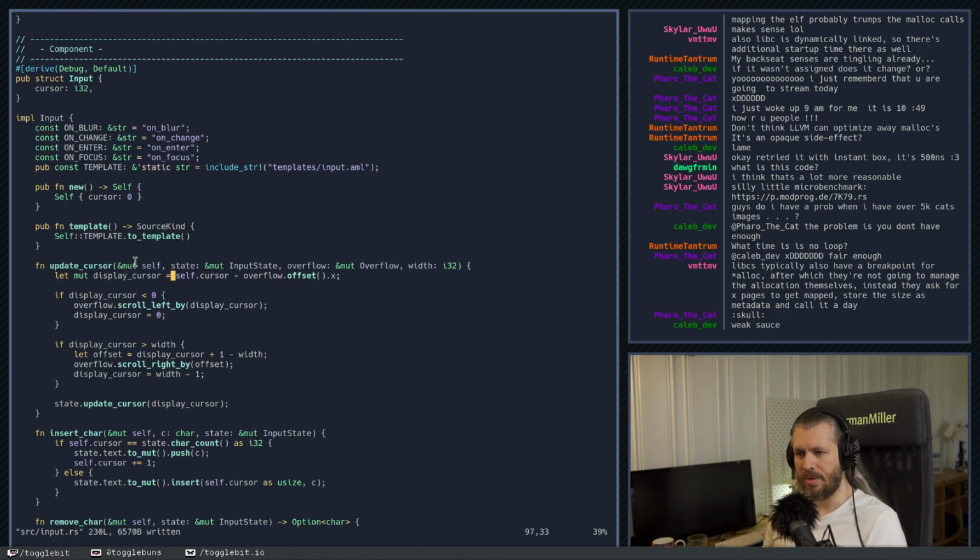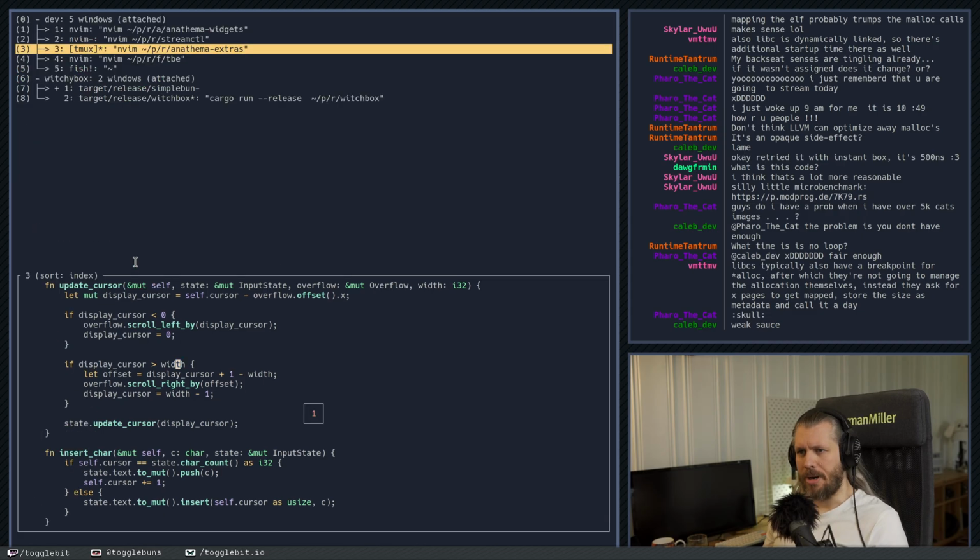At this point, we're going to get the display cursor to be the self cursor minus any offset. We'll have 0 offset here, right? So this is going to be cursor. That should be 1 minus 0. If the cursor is less than 0, which it isn't. If it's larger than the width, which it shouldn't be,